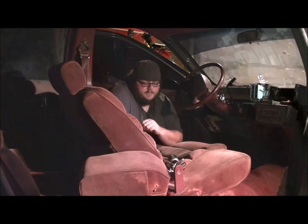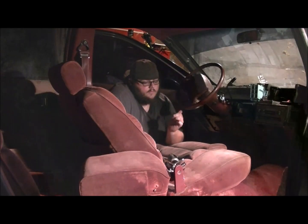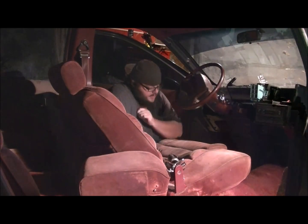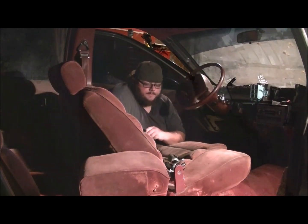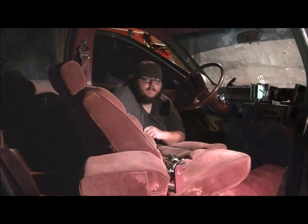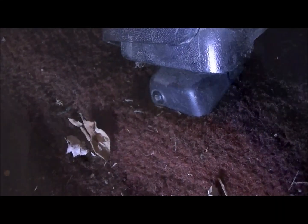It's held in with 14mm bolts at the bottom. There's 2 in the back and 1 on each side in the front. Now the front seat on mine is power, so you have to watch out for power wires. Let's get started. You're going to want to start with the trim pieces that hide the bolts under the